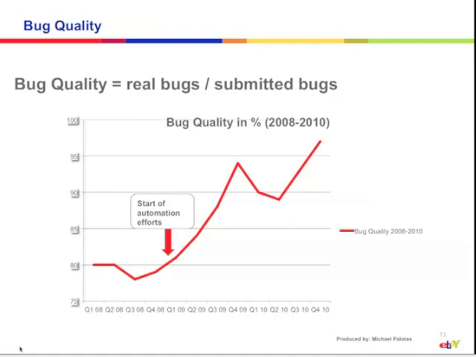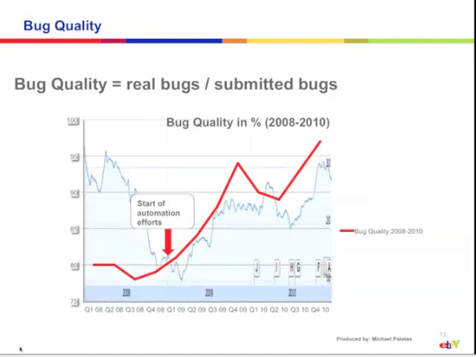That's not the point. The point is that as we started and continued to invest into test automation, we had this nice effect that, because all of a sudden we had more time to really spend testing, our bugs got a lot better. As you can see, it went up to almost 95. Then we had a dip in 2010, still not quite sure what happened there, but at the end of 2010 we operated at almost 100%. So basically, everything we found was a bug and was something that needed to be fixed through a code change.